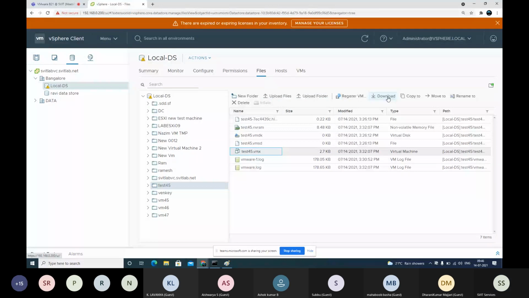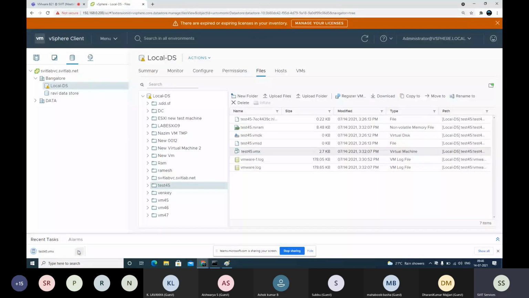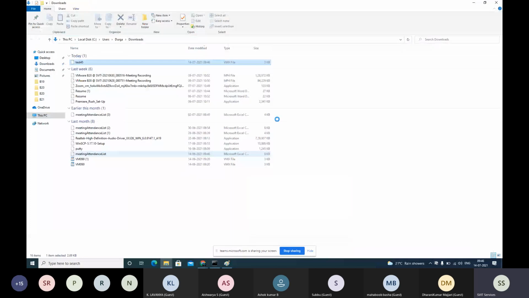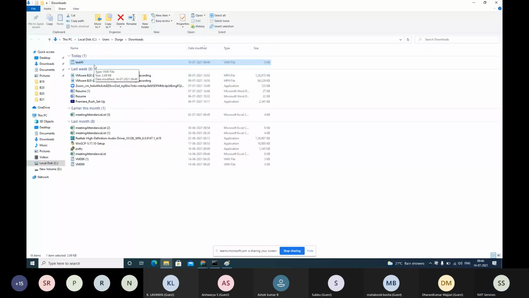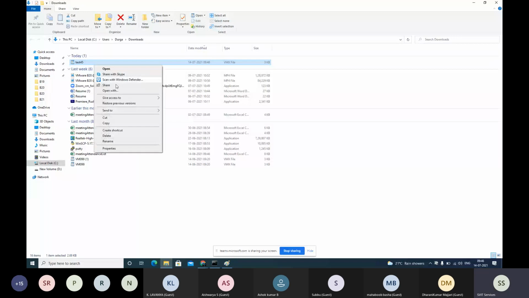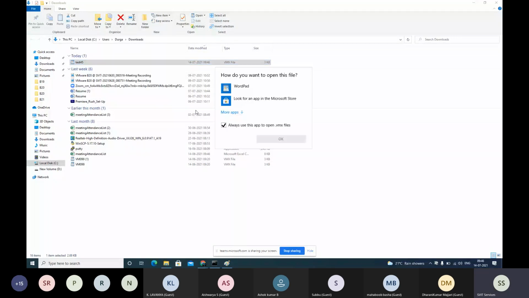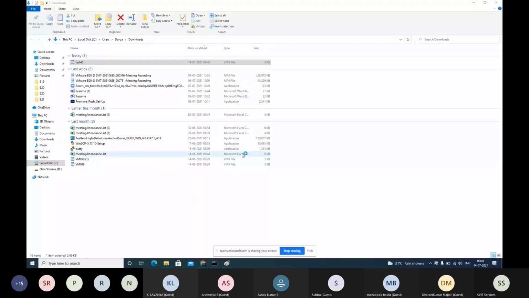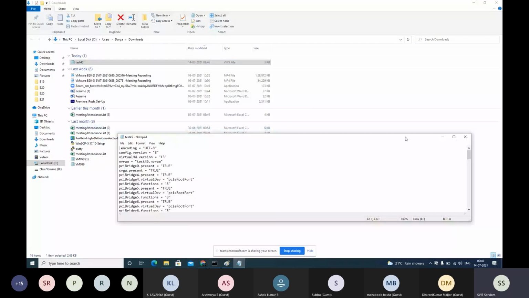Download here, okay? The file will be downloaded. It's now downloaded. Better to open with WordPad instead of Notepad. You can open it, but all the lines will be in one single line if it is Notepad. If you open with Notepad, it will be in a single line. If you see, it's already formatted in the doc. That's why it's showing clearly.